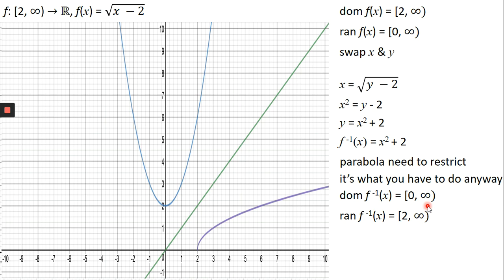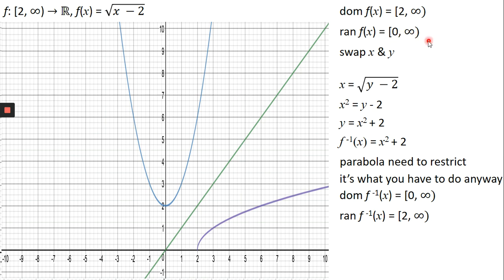Because the domain of the inverse function goes from 2 to infinity, the range, the domain of the inverse function should go from 0 to infinity. At the moment, the domain of the inverse function is all real numbers, isn't it? It needs to go from 0 to infinity because it needs to be the same as the range of the